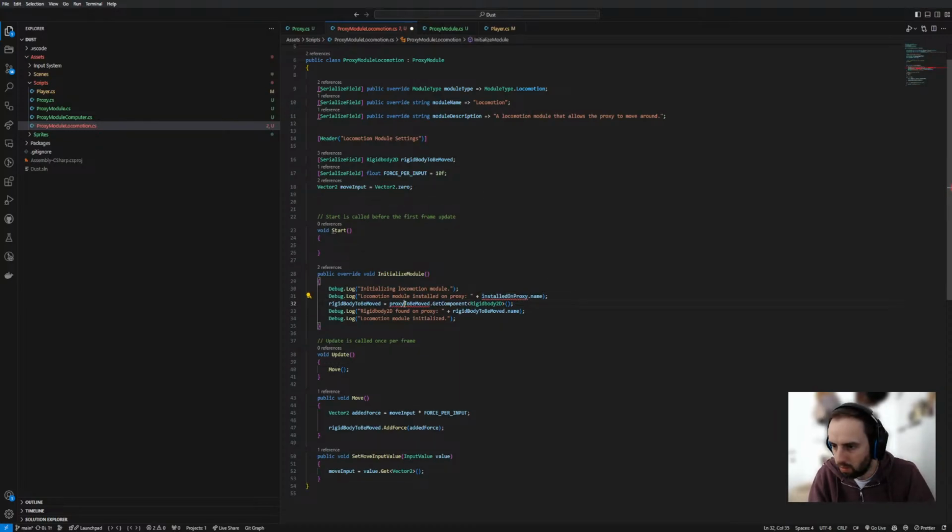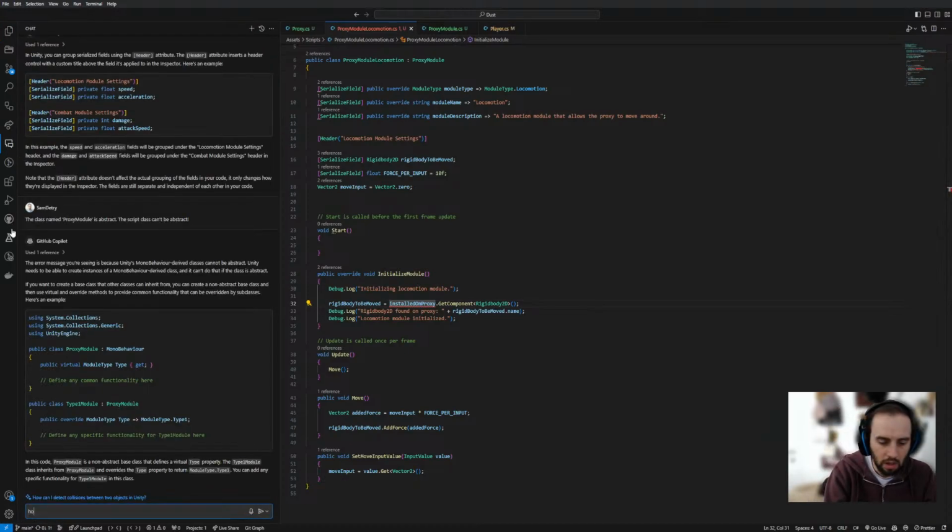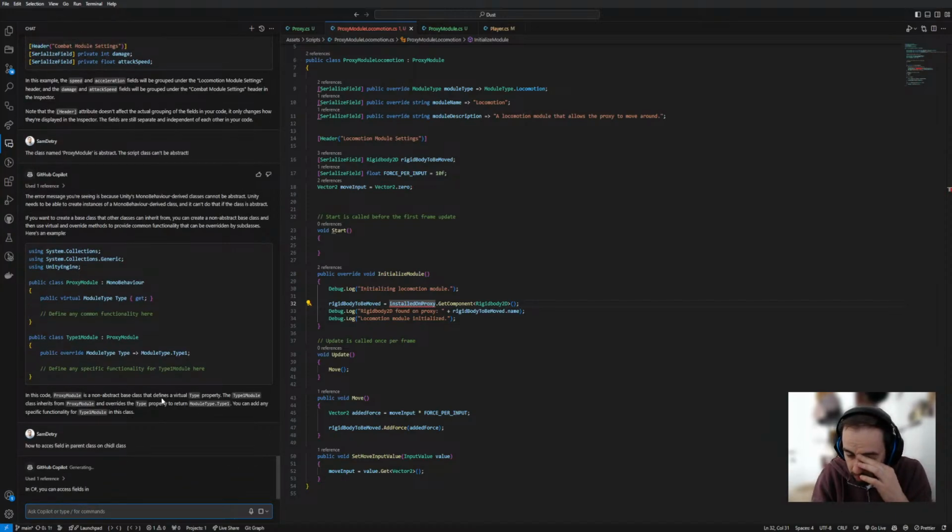Yeah. We've been using two different variables for one and the same thing here. I think I need to, how do I call this? Installed on proxy is inaccessible due to its protection level. Can I do a quick fix? Change installed into set. Installed on proxy, that's in the parent. Okay, how do I access this? How to access fields in parent class on child class. There must be some kind of a way. Either I'll do it via a method, but